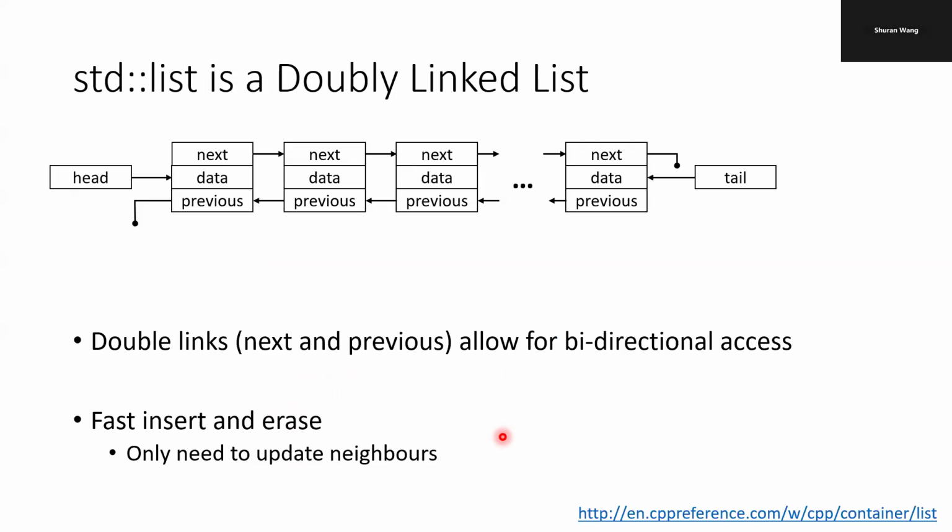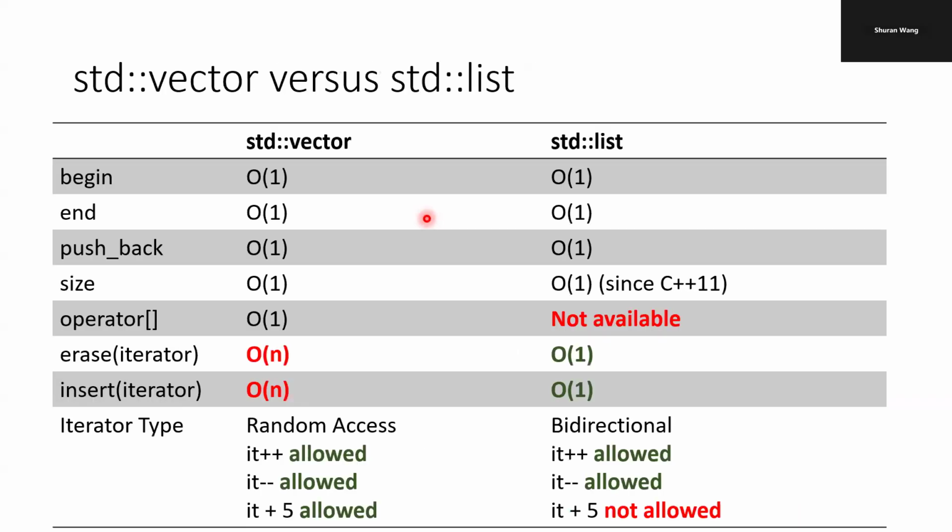On the other hand, let's consider the linked list for erase. The doubly linked list allows for bidirectional access, and it supports a fast insert and erase, because to insert and erase in the middle of a doubly linked list, we just need to update the two neighbors, the next and previous, for the two neighbors. So as a comparison, for the vectors, we have all of these O(1), including random access, and erase and insert given an iterator is O(n) time, because we need to do copies. For list, all of these are O(1). It does not support random access, but erase and insert takes O(1) time,